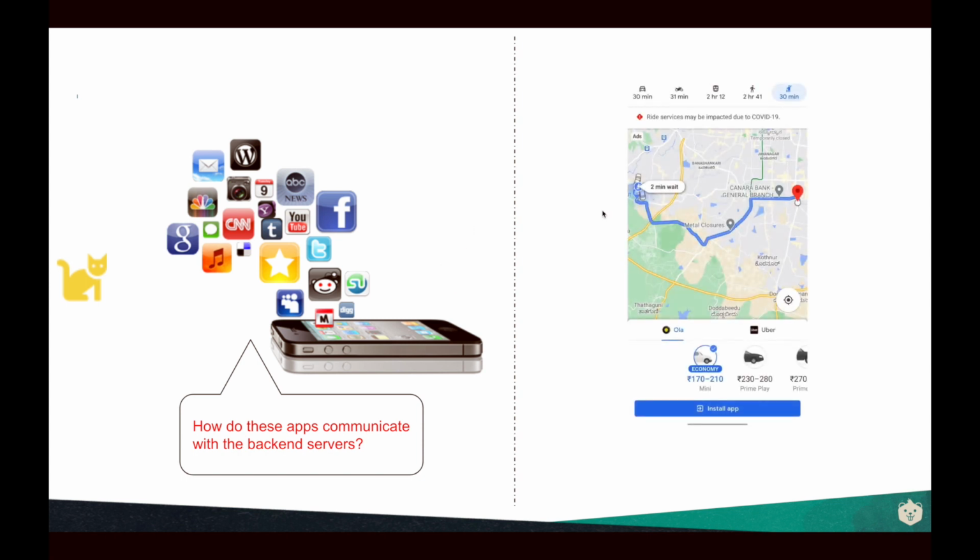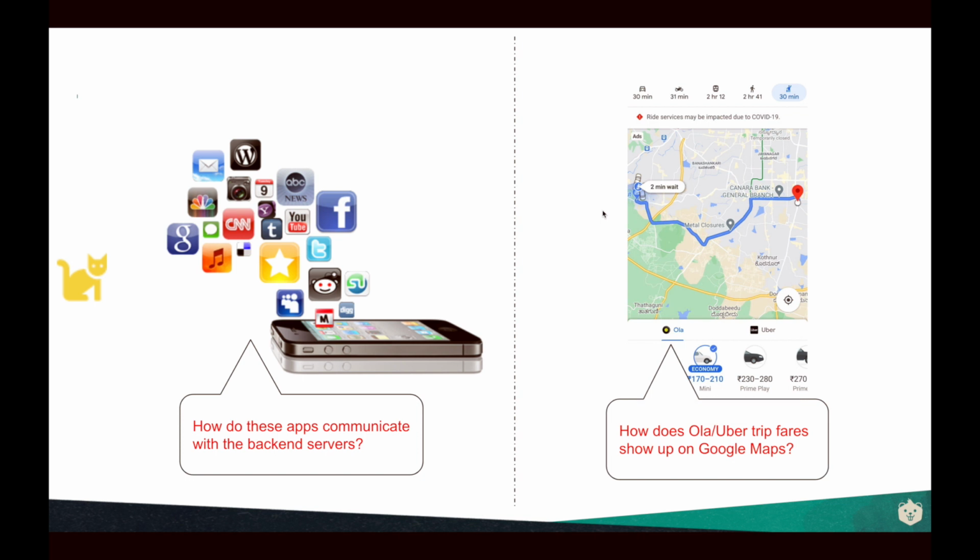How about Google Maps? If you closely observe in some of the cities, when you try to get directions between two places, Google Maps also shows this option to hail a cab, right? It shows your local car provider, like say Ola or Uber, along with the rates that are going on right now. So if there is any surge pricing, it also includes that, which means that the fare it returns is actually not stale data; it is live. So, how do you think Ola or Uber trip fares are shown on Google Maps?